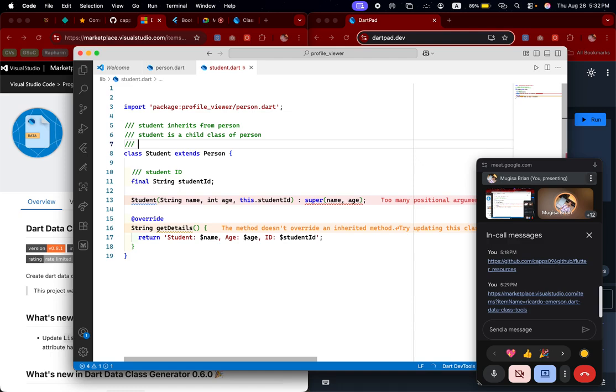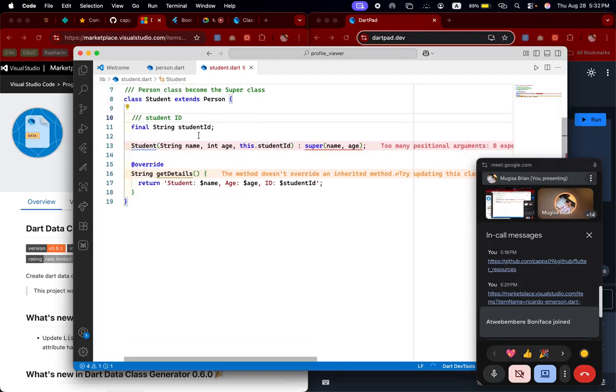Let me comment it here so that someone can follow along. So the person class becomes the super class in this case. So the way to create a constructor for this student,